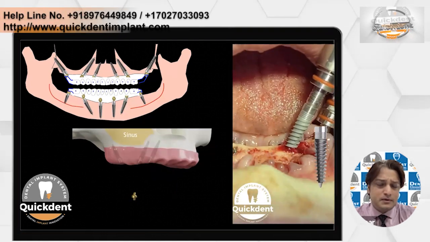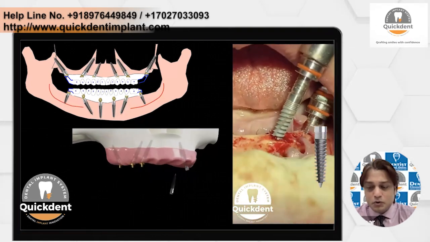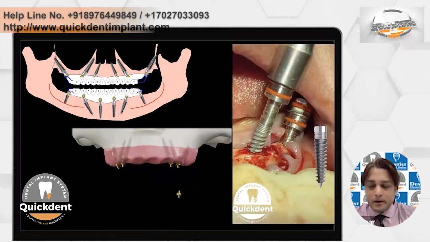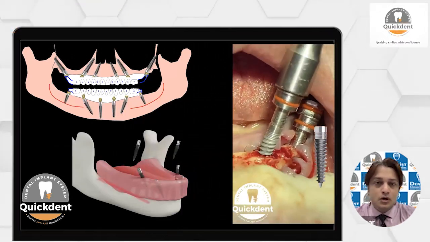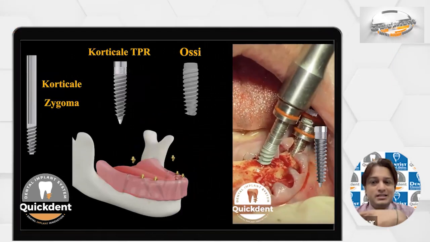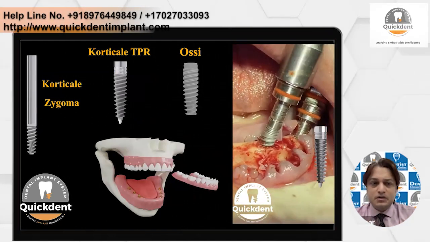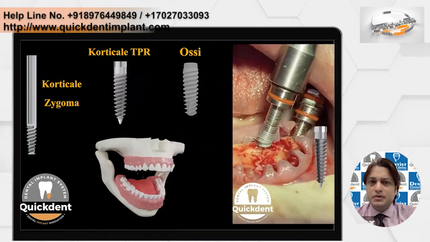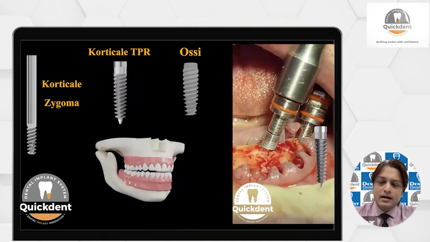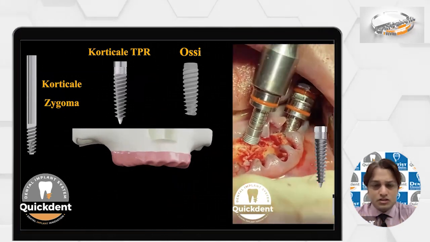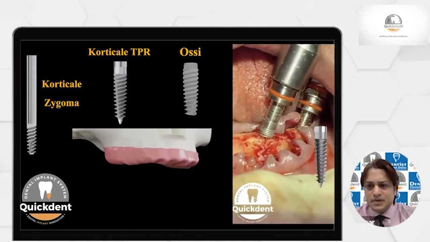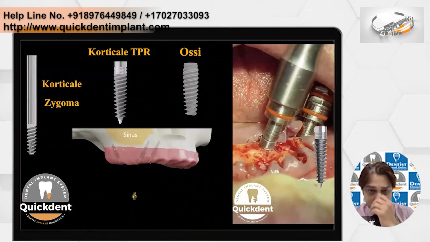It is conducive to engage the basal cortical bone, so immediate loading is still possible in the majority of cases. Whatever cases I show you will use these 3 implants: zygomatic implants, the TPR implants, and of course the OSSI, a standard conventional implant.